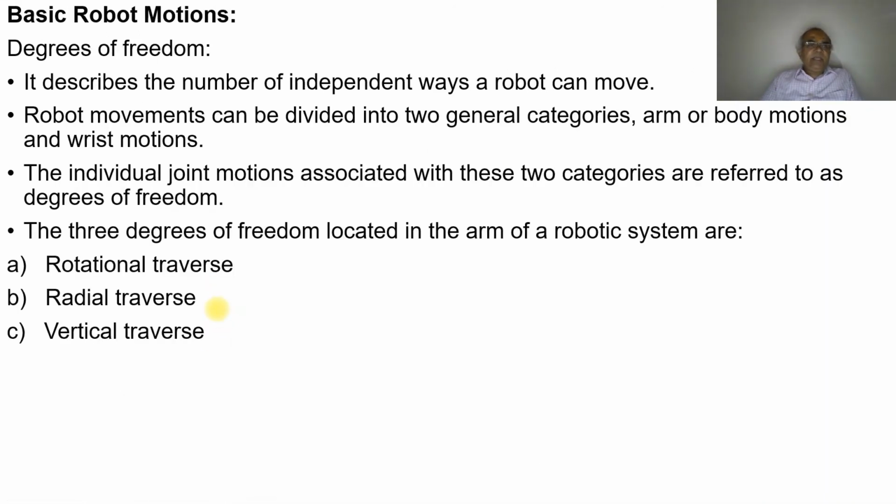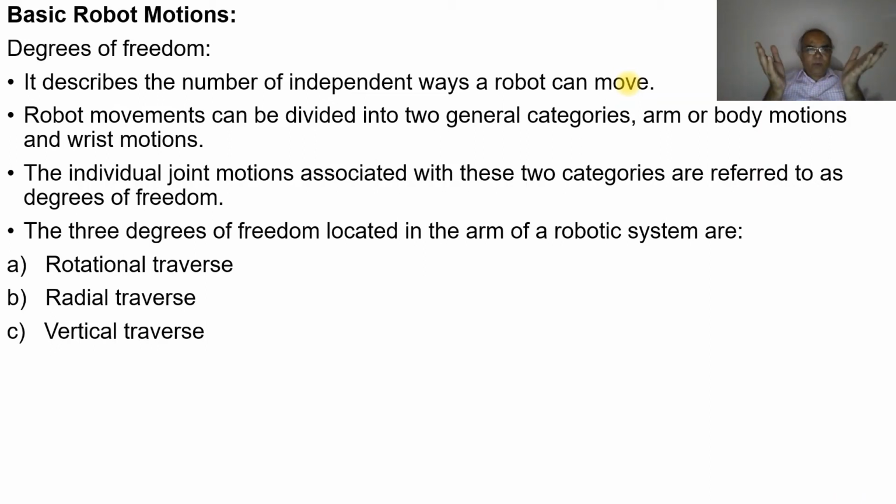Next, the basic robot motions. Degrees of freedom describes the number of independent ways a robot can move. So what is the degrees of freedom? It describes the number of independent ways. We have moving in this direction, or it can move in this direction, or it can be moving in this direction. So that means we have all the ways, and the number of independent ways